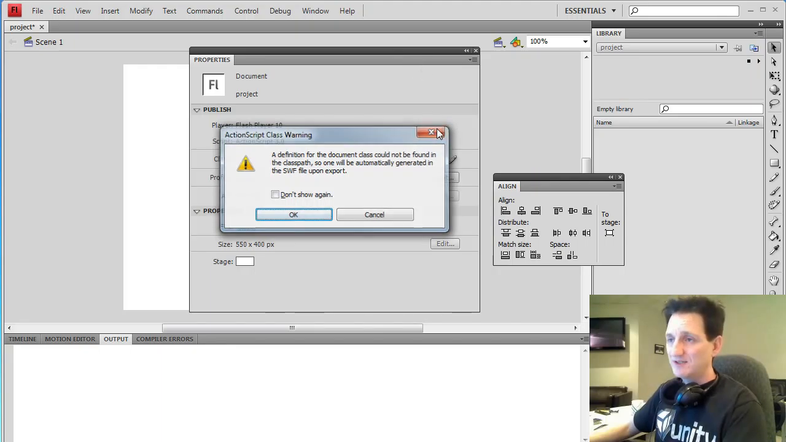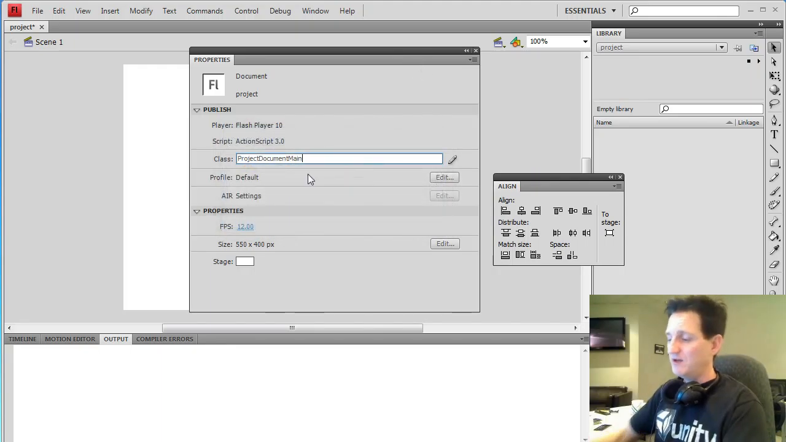I'm going to close this, and I'm going to go back here. I'm going to get rid of my typo, and just be careful here, because a mistake that a lot of people make is putting in a .as there. You don't need to. This is the class name that we're looking for. Flash automatically knows to look for the project document .as. So we don't actually have to type that in there. Just give it the name of the class. Hit enter. No warning. It looks like we're okay. So we actually can save and